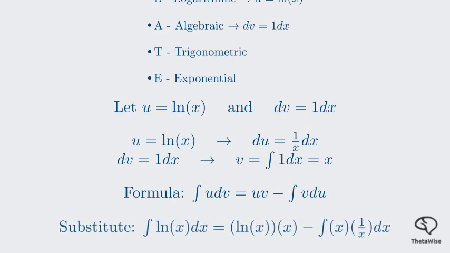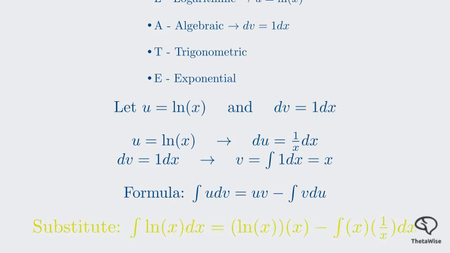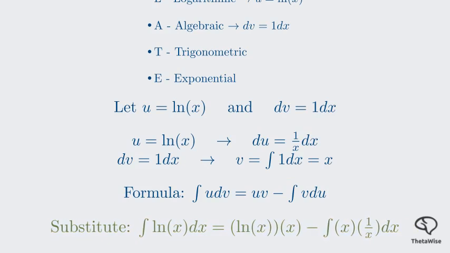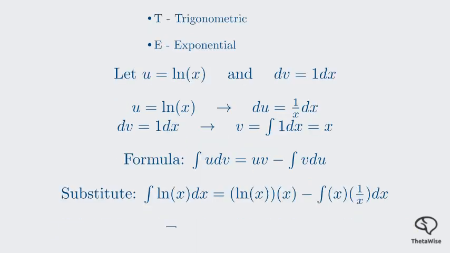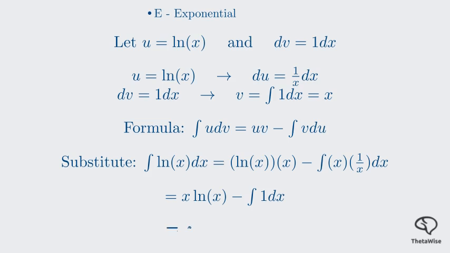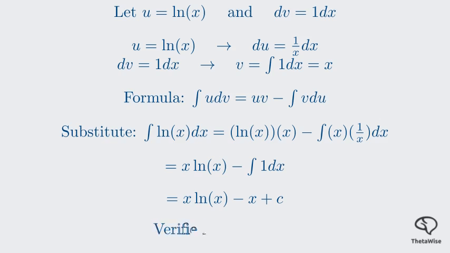Take a moment to look at the new integral. It's the integral of x over x, which simplifies to just 1. This is a very easy integral to solve. The integral of 1 is x, so our expression becomes x ln of x minus x. Finally, we add our constant of integration, c. Our final answer is x times ln of x minus x plus c. The memo confirms our result. Verified using memo. Our fifth example in this set is a bit of a trick question,